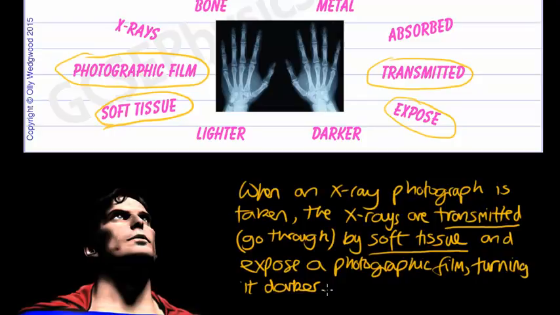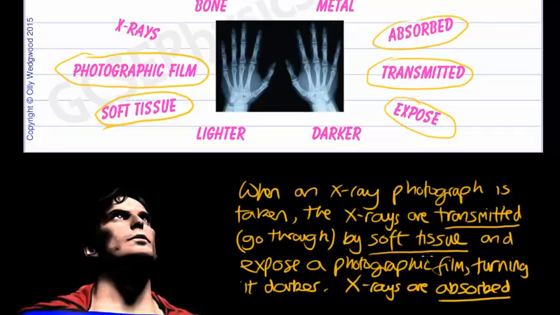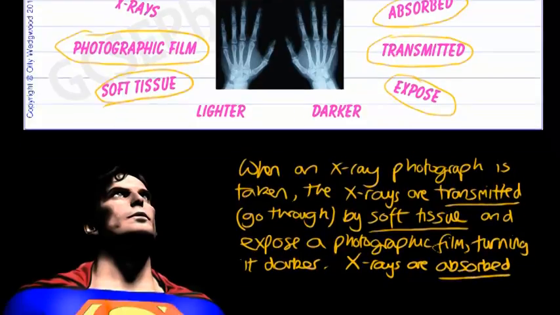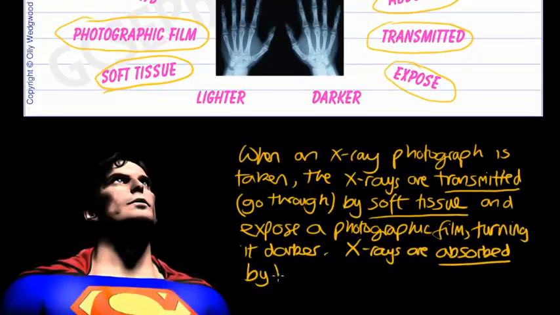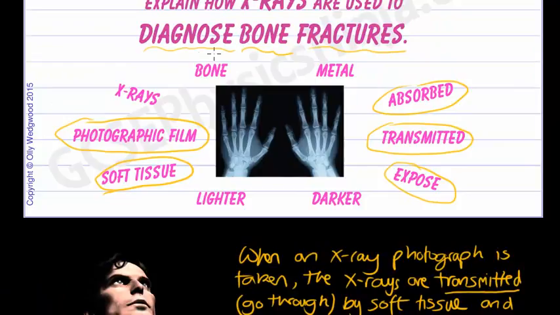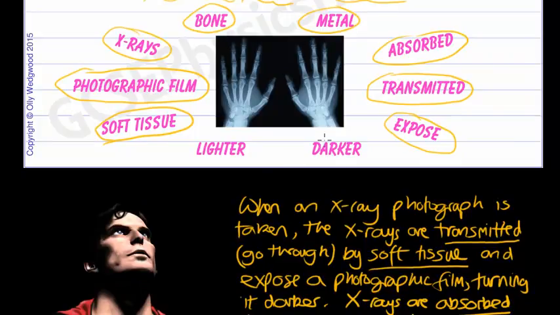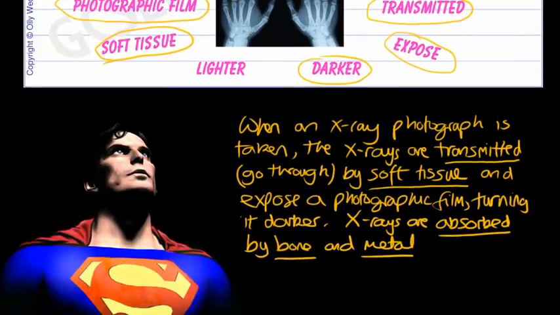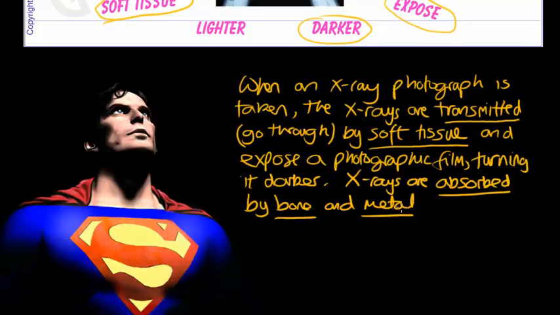Okay. X-rays are absorbed. So there's another key word, by bone and metal. I think those two are up here. We've used X-rays and we've used darker, so there's only one more keyword to use now. Absorbed by bone and metal, and so